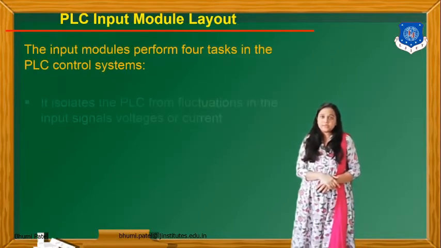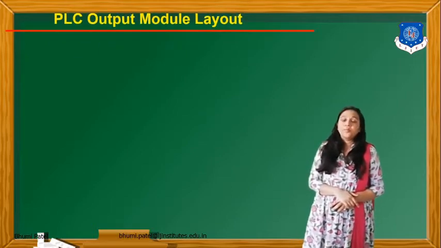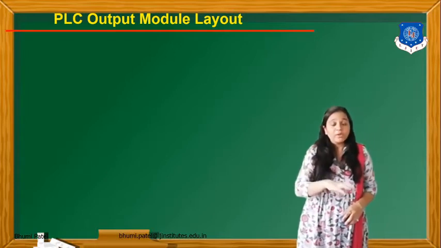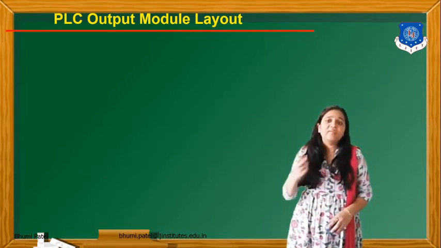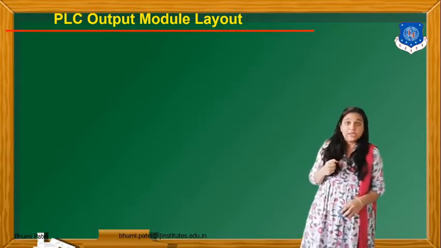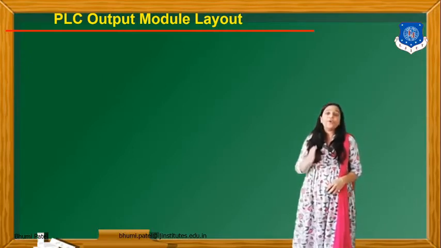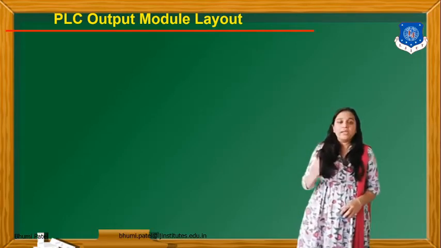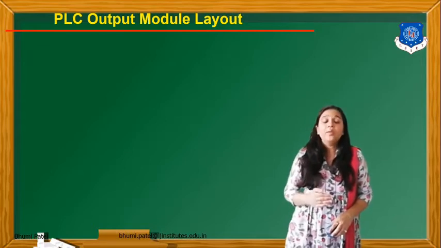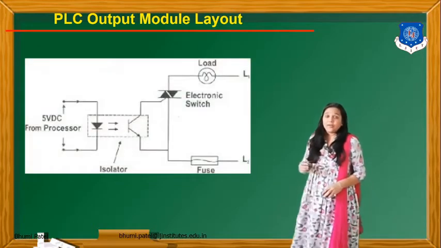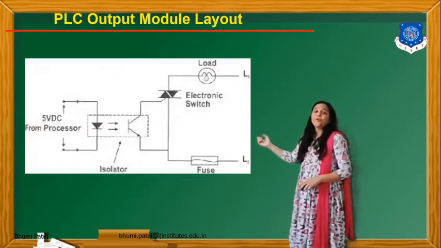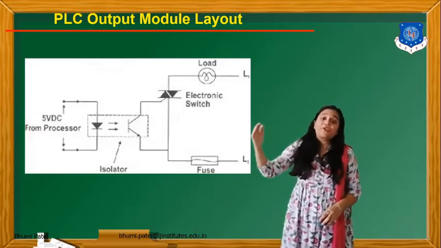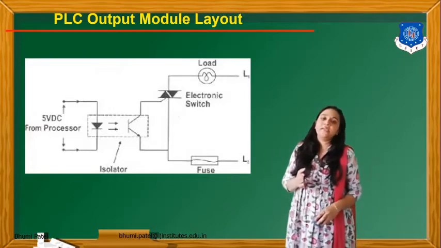Now the next is the PLC output module. Now the input module and the output module. Between the input and output, we will connect the processor of the PLC. So the input of the output module is digital, as well as the output of the PLC input module, because it sends the digital value. Here you can see that the input of the output module is 5 volt DC from the processor that we have to connect from the output to the PLC input module.